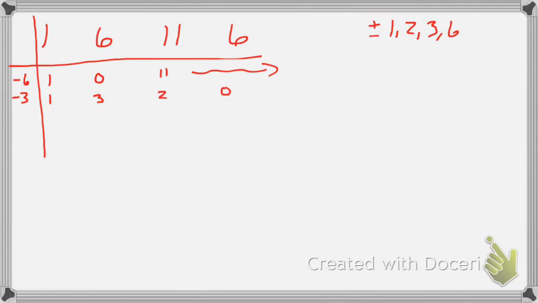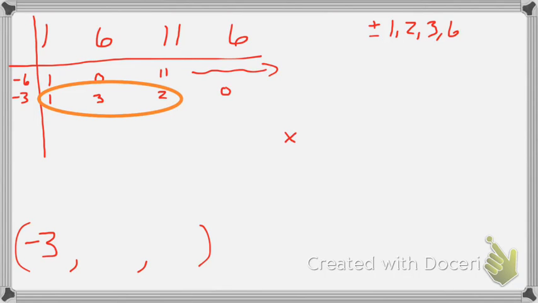So what are we going to do with it? Well, we take what's left. Because how many answers do we still have left to find? It's a third degree equation. We found 1. We still have 2 left to go. So we take what's left, which is 1, 3, 2, and we write a quadratic with it: x^2 + 3x + 2. And we're just going to now solve that,